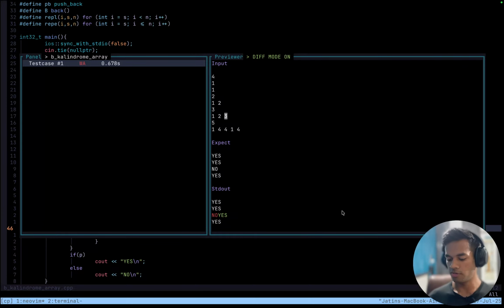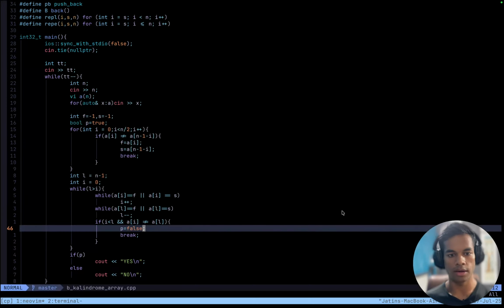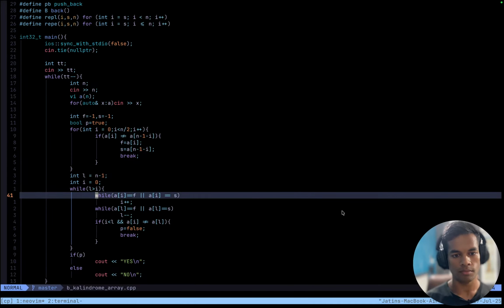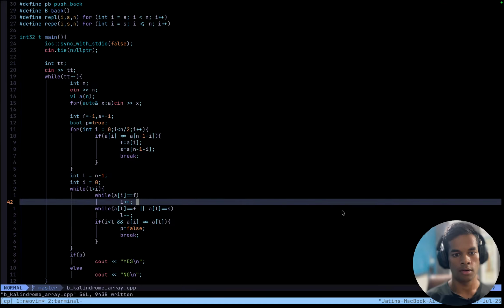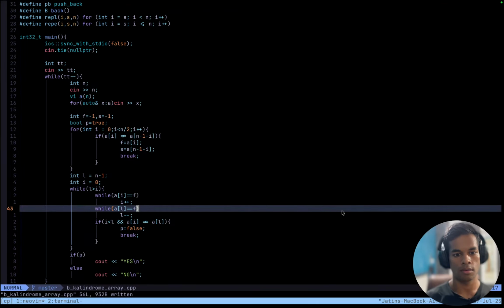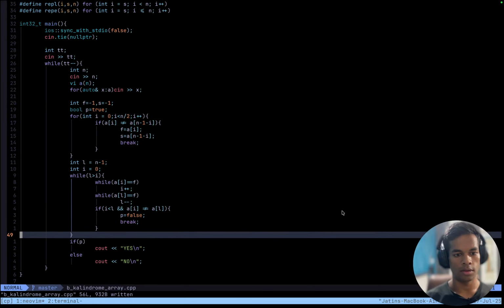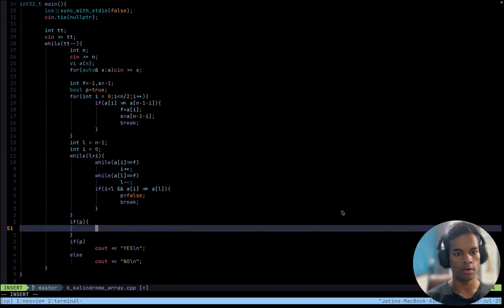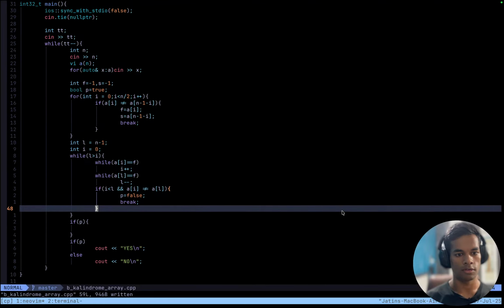Okay, so once I check by removing one, and the next time I check by removing the next number, which means f, and this, and if still possible, then go through this again.